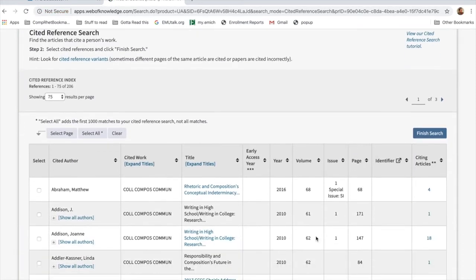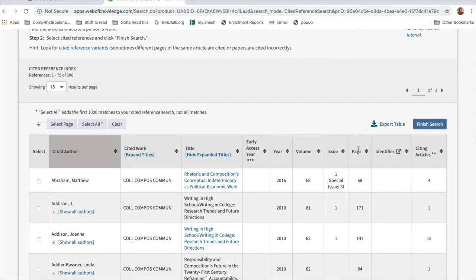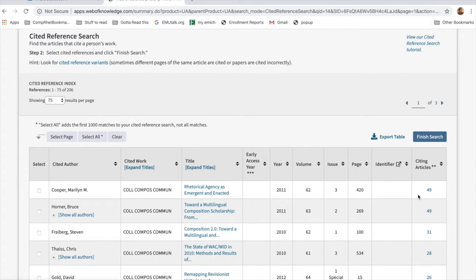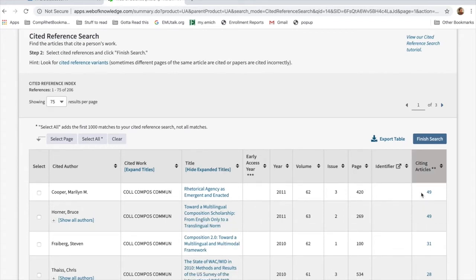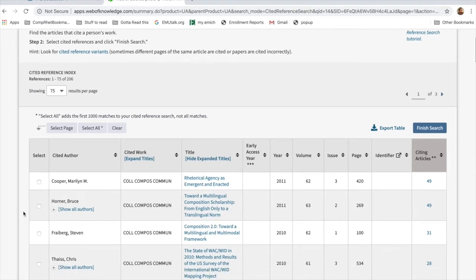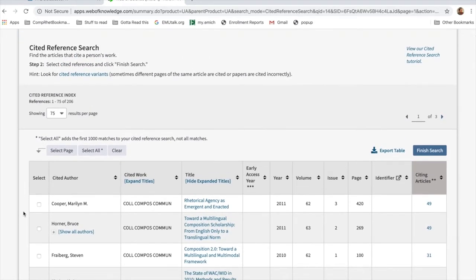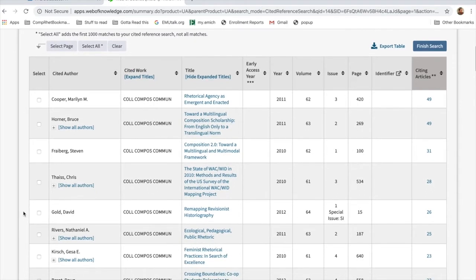Okay. Now the first thing I'm going to do is toggle this arrow right here. And when I do that, it reloads, and now it starts with the most cited articles. And then I also have selected the expanded titles for the articles themselves. So in College Composition and Communication, again, a journal in my field of composition and rhetoric, especially for people who are interested in things like the teaching of writing, these are the top cited things.